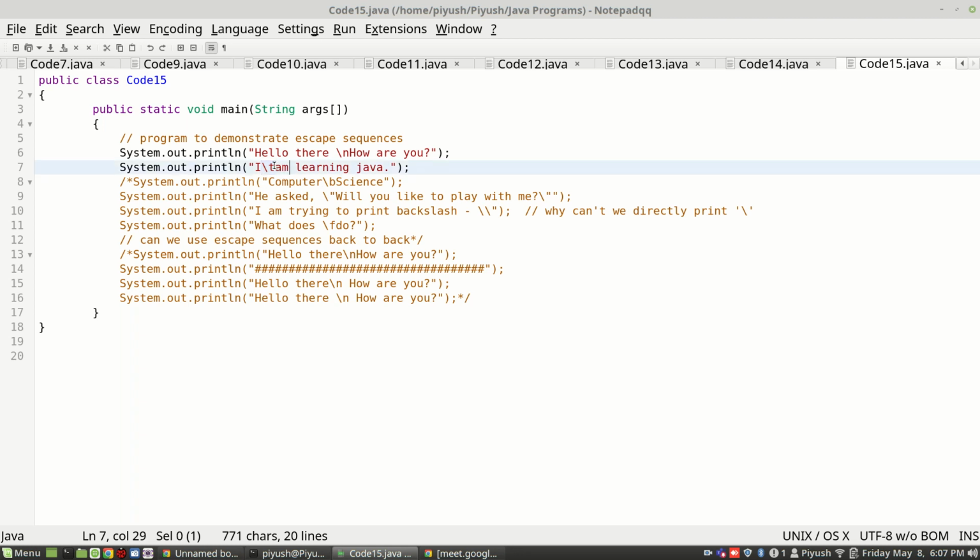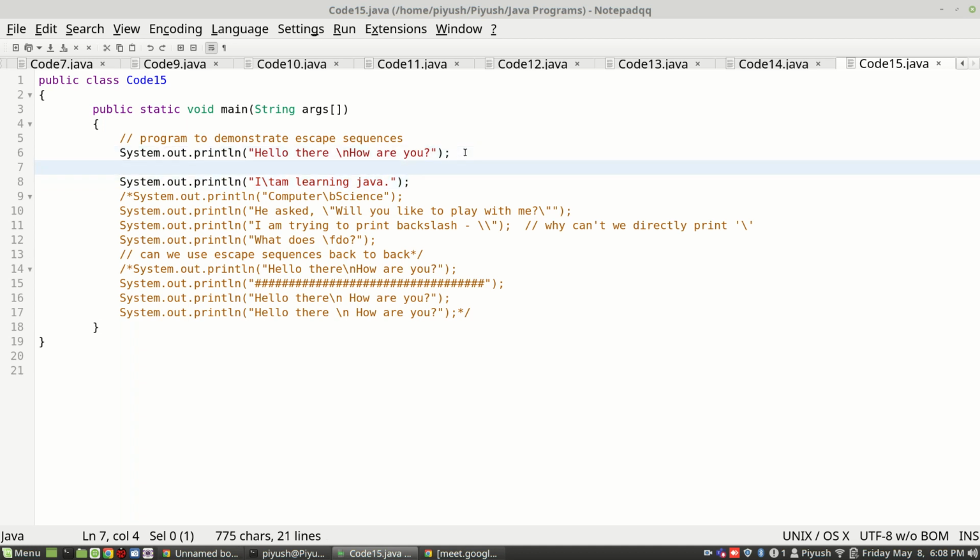Okay, I'll do 2 things. I'll print once without a tab by leaving one space, and then I'll print another time by using one tab in place of the space. Let us see what will happen.